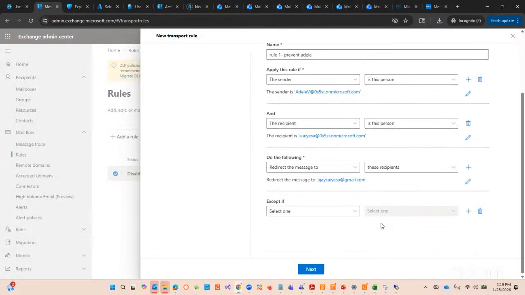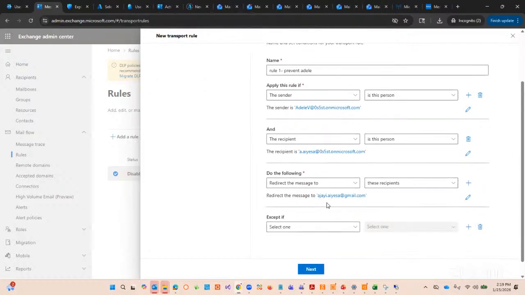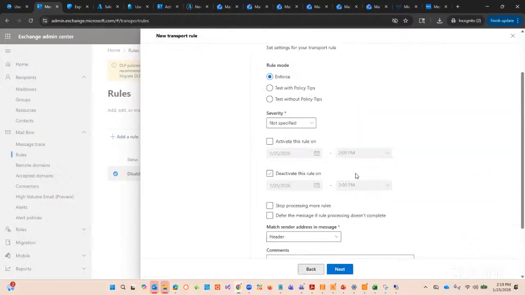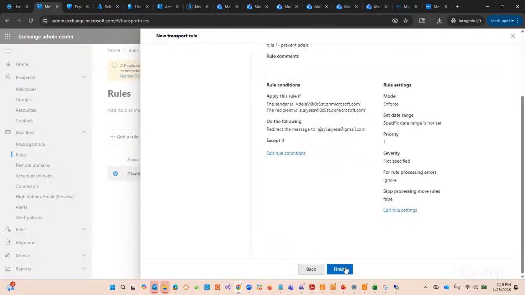So you could see that kind of rule. I'm going to be sending email from this, and then to this, and then we want this message to be redirected to this person. And that's what's going to be the rules. So I'm going to just put it up through like that,